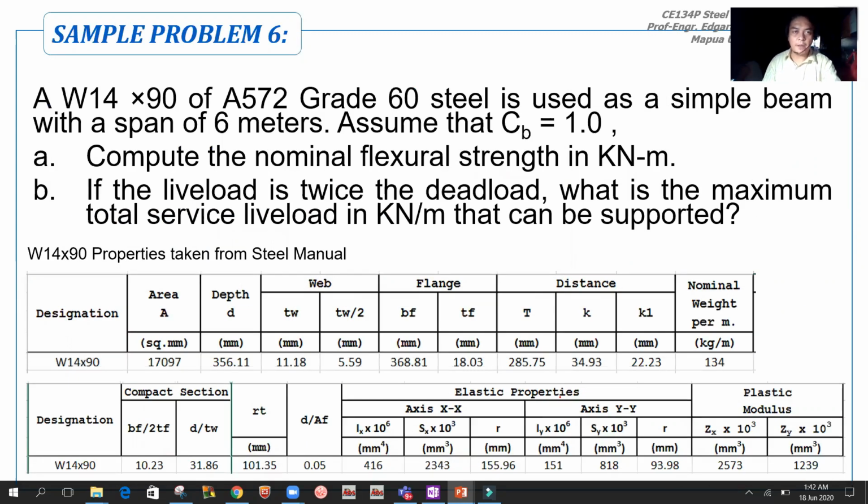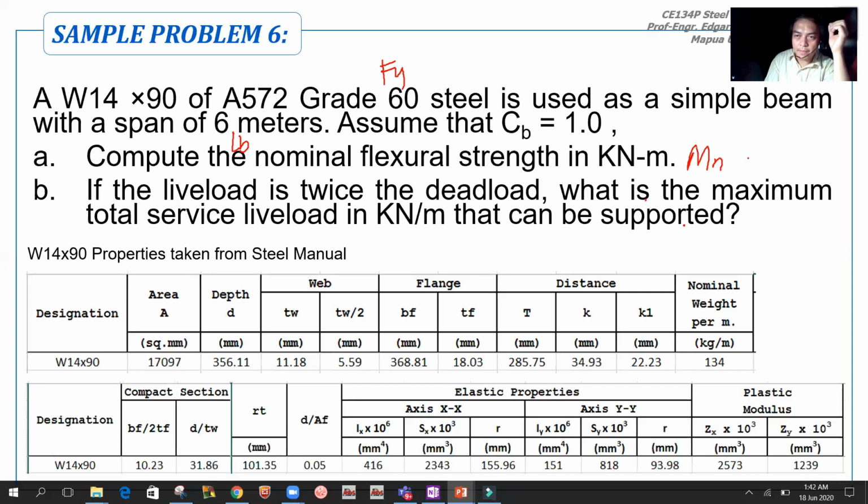So let's have this sample problem number 6. Okay, for sample problem number 6 naman, we have a wide flange section, 14 by 90, tapos grade 60. So ito yung FY niya. And the beam is used as a simple beam with a span of 6 meters. So ito yung LB mo. Wala naman lateral support na nabanggit. Assume CB is equal to 1. Letter A, compute the nominal strength, flexural strength in kN meter. So ano yun? Nominal flexural strength, so that means